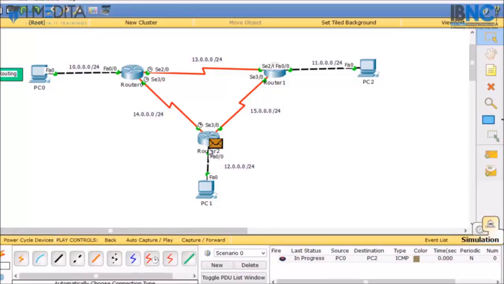Again router 2 will check the destination in its routing table and it will forward the packet to the next hop address, that is router 1. Then router 1 will check its routing table and it will find the destination in its own local area network and it will forward it to PC2. And the same process will occur till the communication is successful. So that is how the packet flows and the routes are learned.